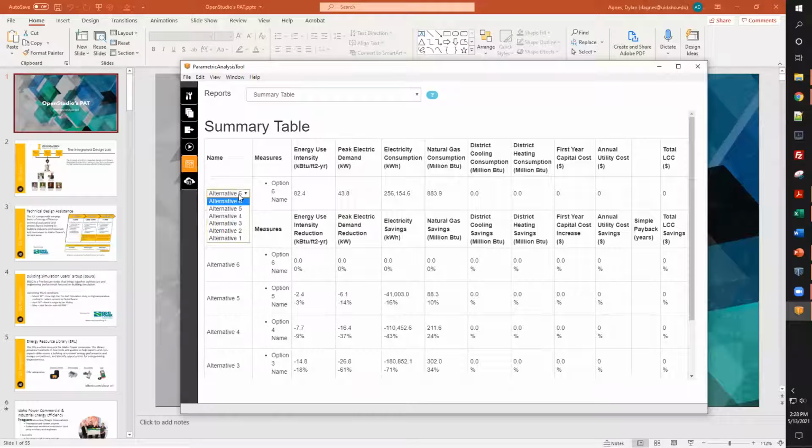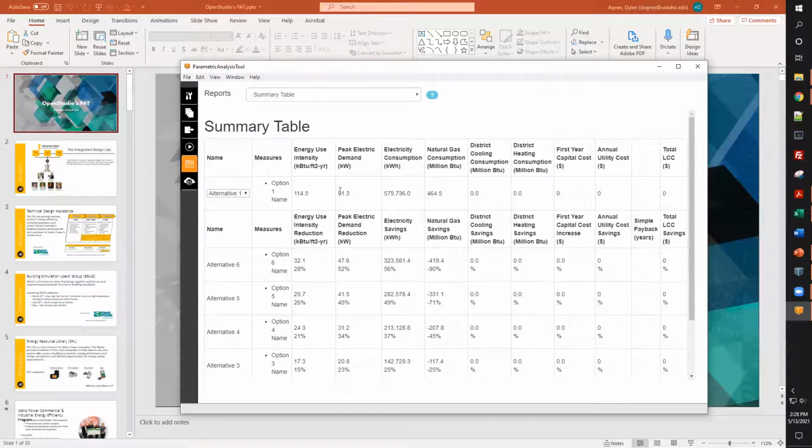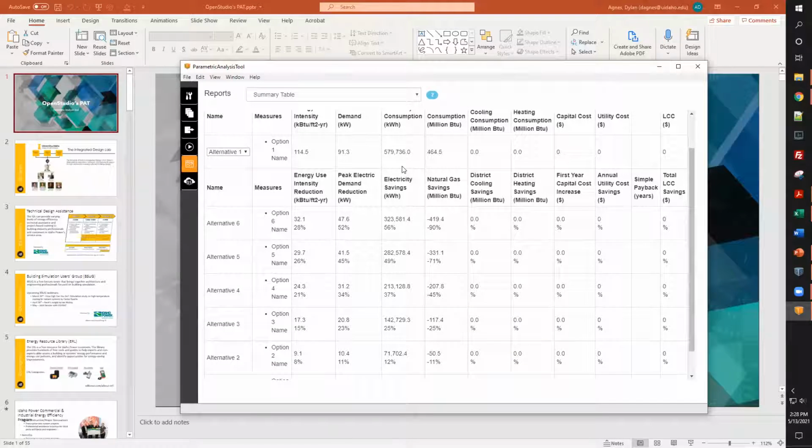So here, this is going to act as your baseline, whichever one you set it as. What I mean by that is it's going to load the design alternative results into this row. And then the remaining alternatives will also be populated down here. And it's going to tell you the differences between those design alternatives, the changes that you've made. So we're focusing on kilowatt hours and peak electrical demand. So we can see with